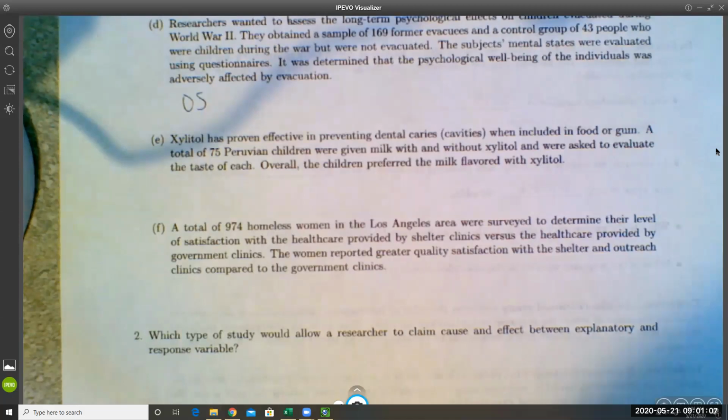Well, that's good because xylitol prevents dental cavities. So they can just put xylitol in milk and drinking water and prevent cavities. So that would be a good thing, I guess. But anyway,